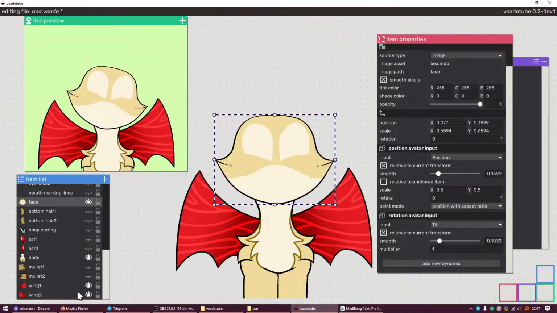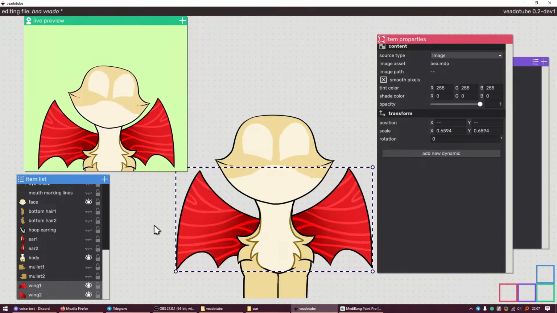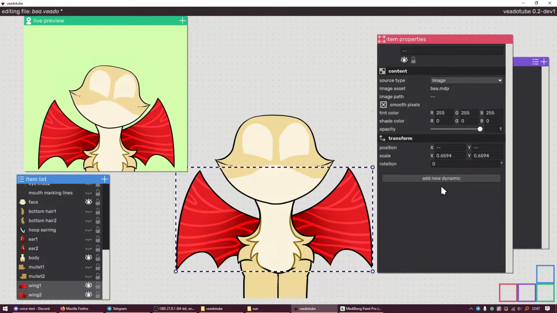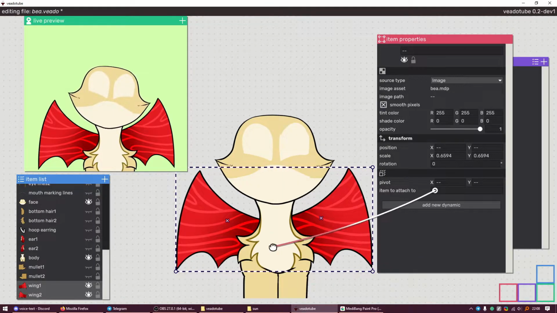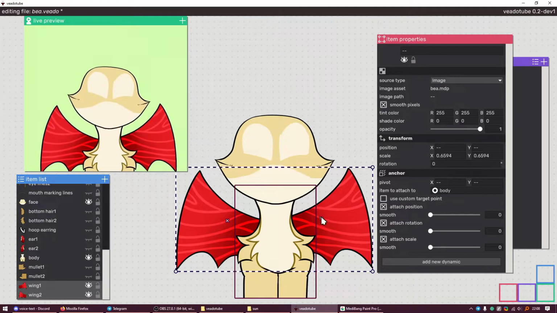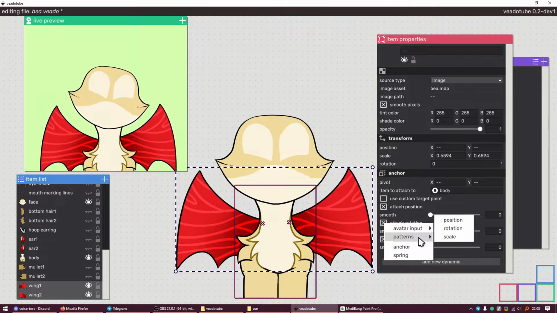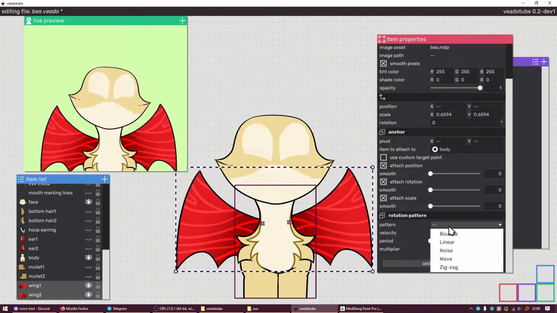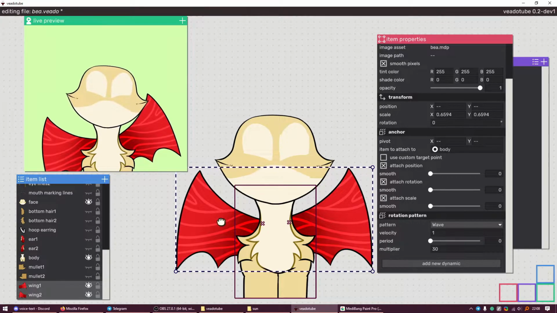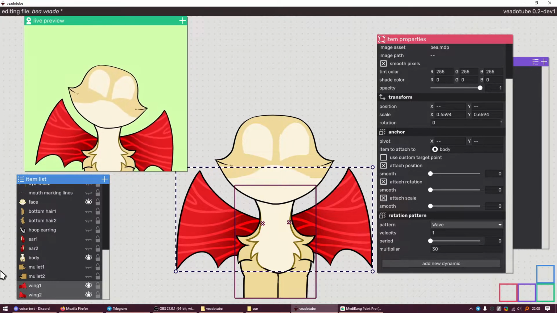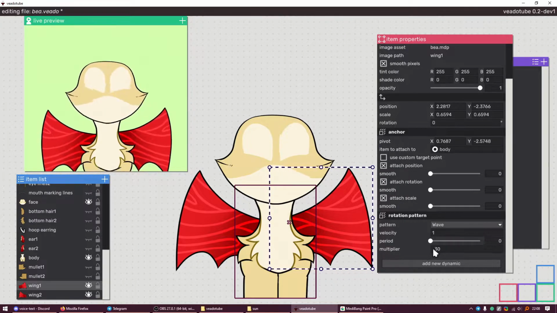I'm gonna add the wings, because wings are cool. So you can select lots of elements at once, lots of items, and you can just edit them at once. So I can, for example, just add an anchor to both of them, link it to the body, and there you go, it's already working. I'm gonna set the pivots to be around here because I want them to rotate. For that, I'm gonna add a rotation pattern that's gonna be a wave. So if you don't do anything, it looks like that because they're waving in the same direction. So I'm gonna change the multiplier in this one to negative so that it goes in the opposite direction. And there you go.